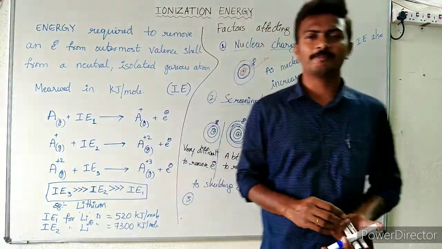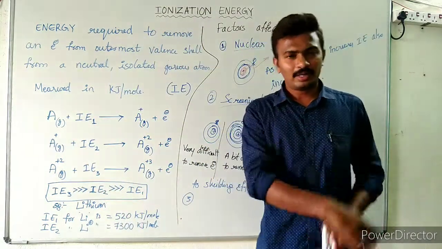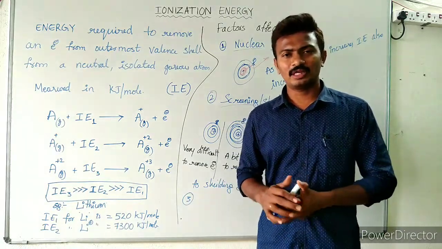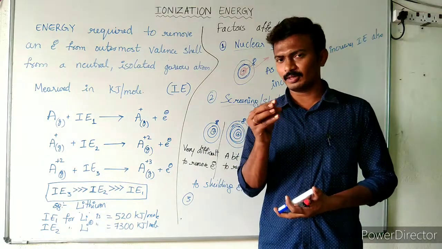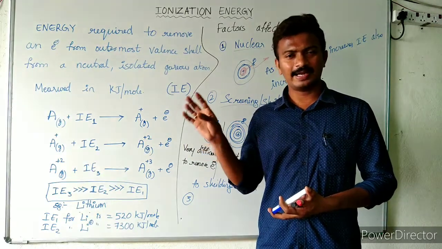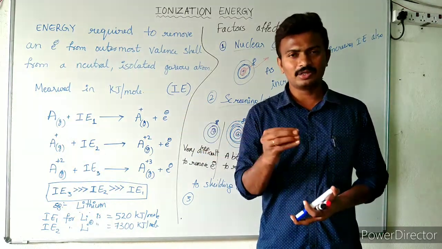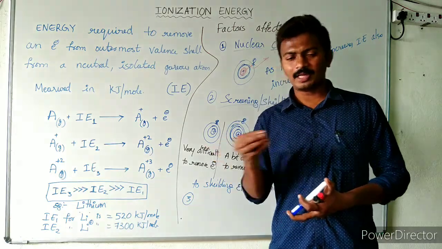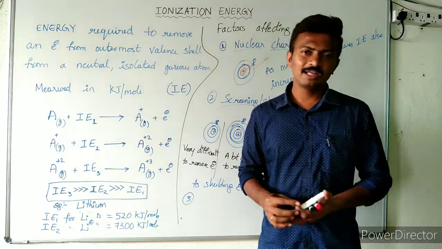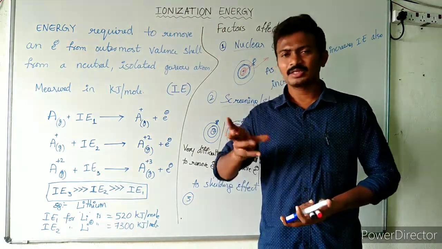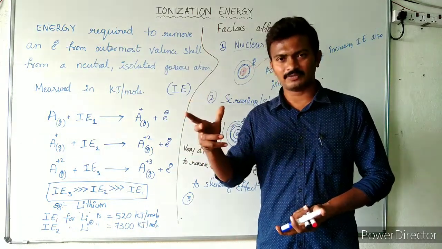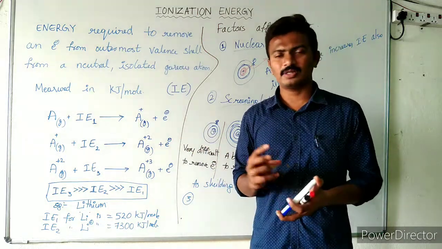Penetration. What do you mean by penetration? Penetration means, see, we will be studying about the shape of orbitals in your atomic structure itself, where s orbital is very simple with spherical shape, p orbital dumbbell shape, d orbital double dumbbell shape, and f orbital is complex shape. Due to the very simple shape of s orbital, the s orbital can move closer to the nucleus very deeply and very easily. But whereas the p, d and f orbitals, due to their increase in the complexity of the size, their penetration towards the nucleus will be somewhat difficult.